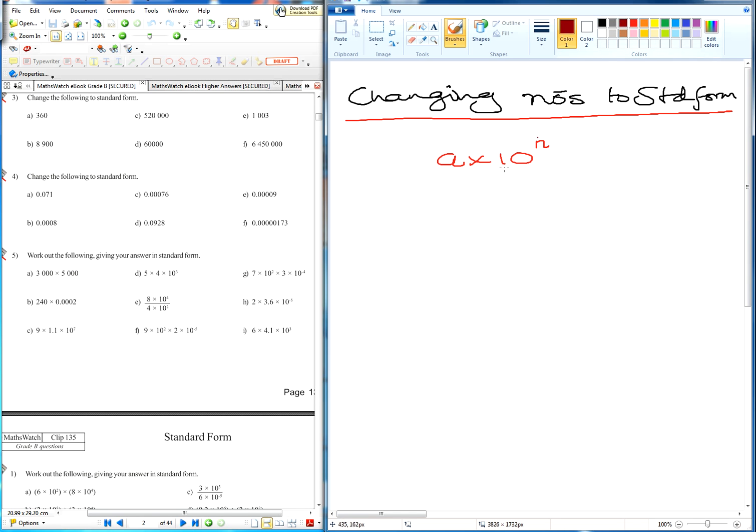Now that number A must be greater than or equal to 1, but it must always be less than 10. So the first number in a standard form can never be 10 or more. Can never ever be 10 or more. If it is, then it's not standard form. Are we paying attention to that, Madam Afida? That's what A is. Now, n is your power. If n is positive, what's that telling us? That means we've got a big number, and if it is negative,